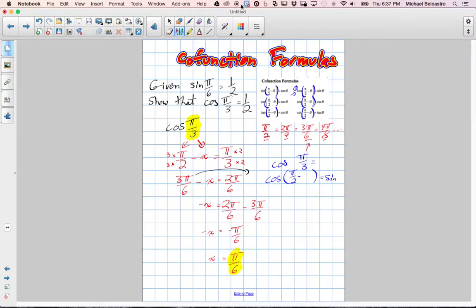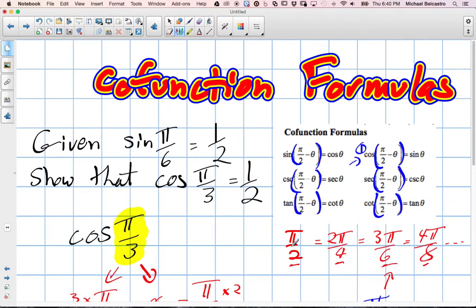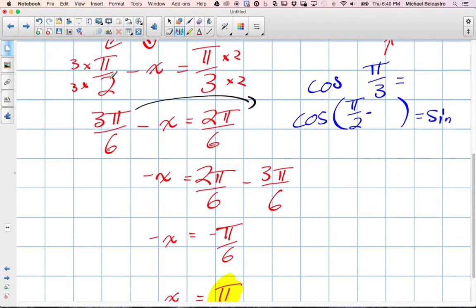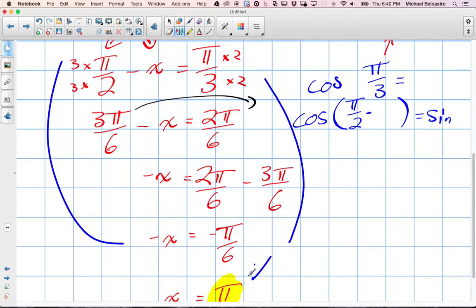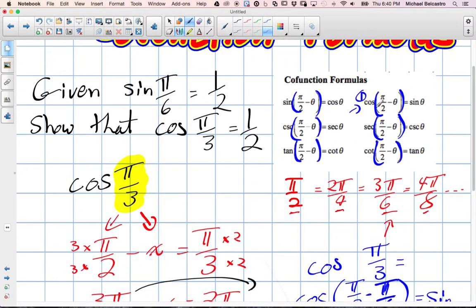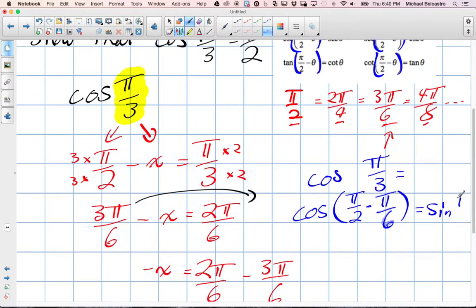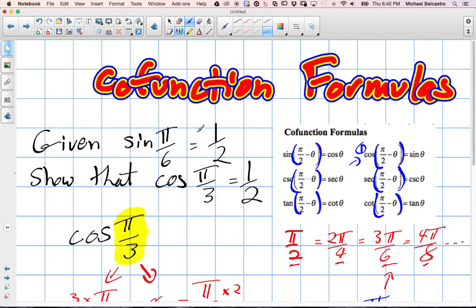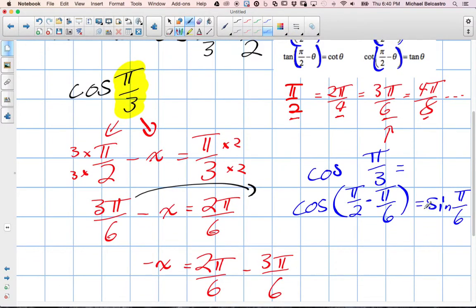hold on a second, let me see what we got written here. What we proved was our missing value, that's what all of these steps in red here were. We proved that the missing value here was pi over 6. And since that was pi over 6, that means according to our cofunction formulas, this becomes sine pi over 6, which is exactly what we are trying to prove at the very beginning. So we know that all of this together is equal to a half. Okay, so